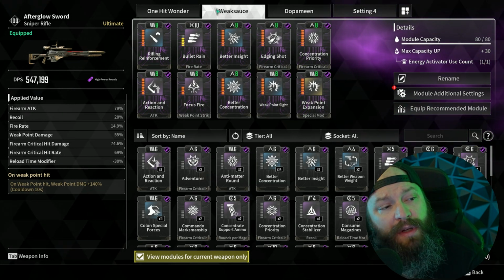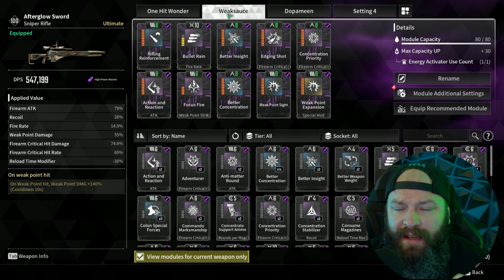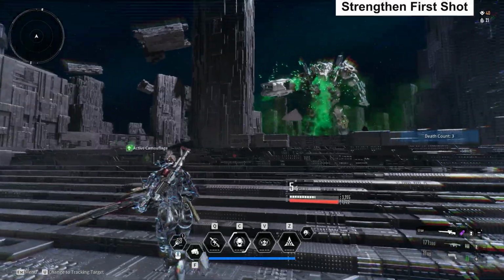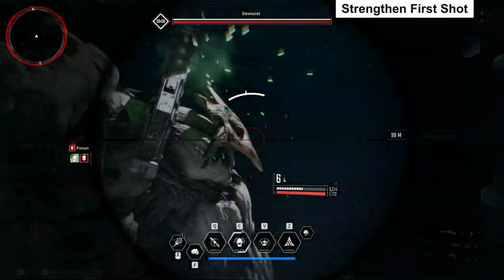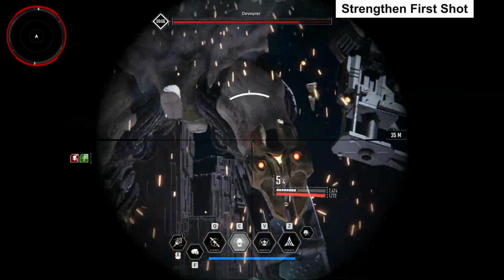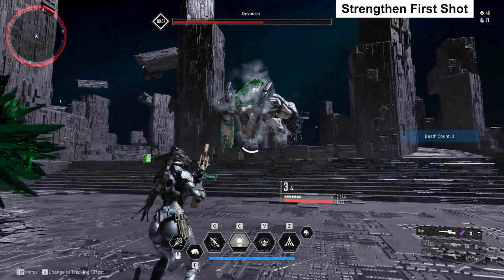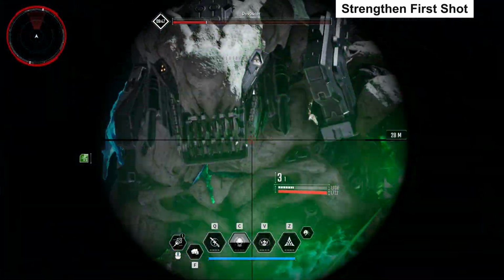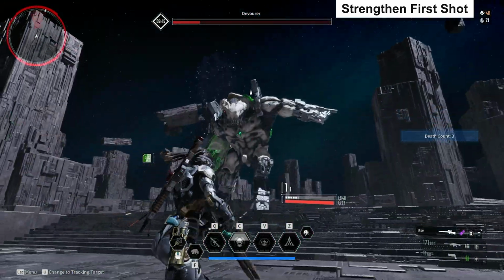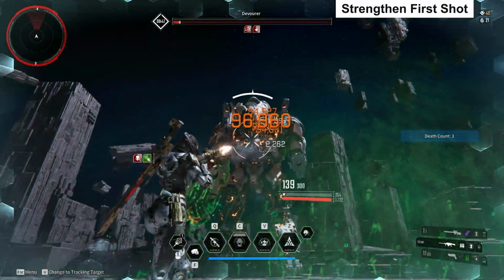Basically, what you're talking about is the difference between the two here, and as I'm explaining this, I will have some footage running in the background, one of me doing a devourer kill with strengthen first shot, and then one of me doing a devourer kill with weak point expansion. Personally, for me, it comes down to whether I am playing solo or in a group. If you are playing in a group, I think that strengthen first shot works phenomenally well because